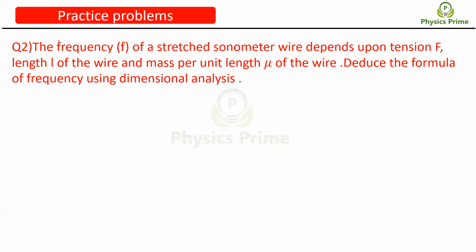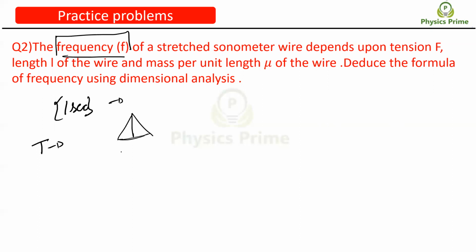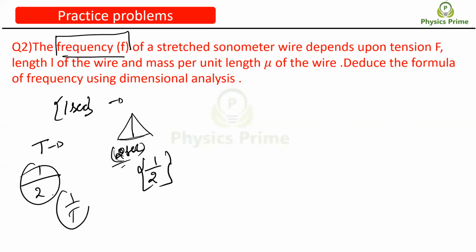Frequency is defined as how many things happen per 1 second. Suppose a pendulum clock is there, and it takes 2 seconds for one oscillation. Then for 1 second, how many oscillations will happen? Half, right? How did you do it? You did 1 by 2, that is 1 by time period. This is called frequency. Frequency is always written as 1 by time period.